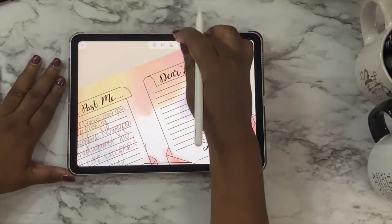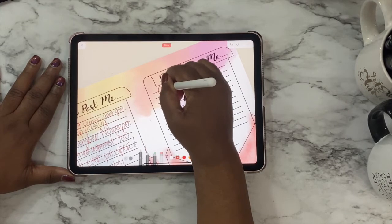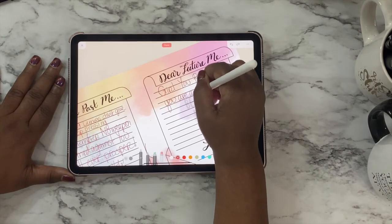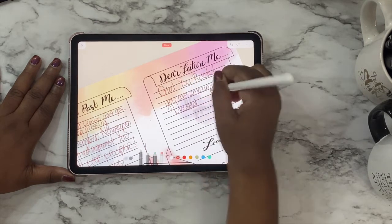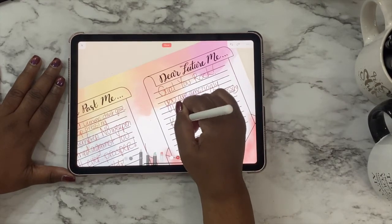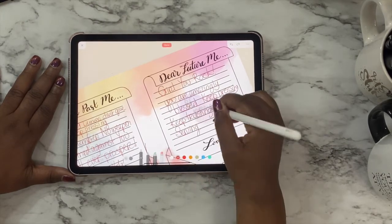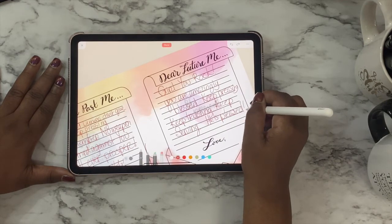Dear future me. And go back and use the same pen and say, girl, you rock. You are amazingly blessed. Keep pressing. Keep trusting. Keep serving. He's well pleased. And these are things that we need to say to ourselves